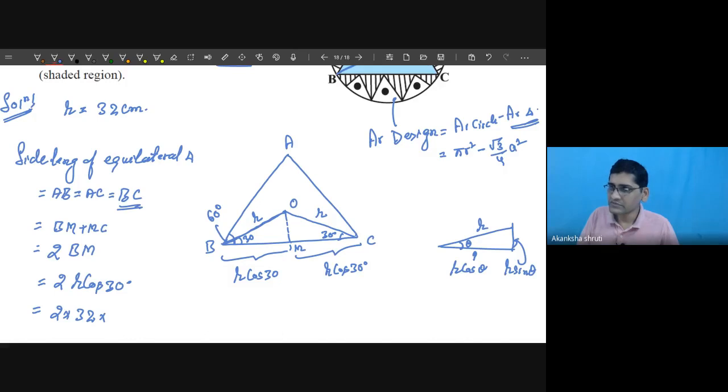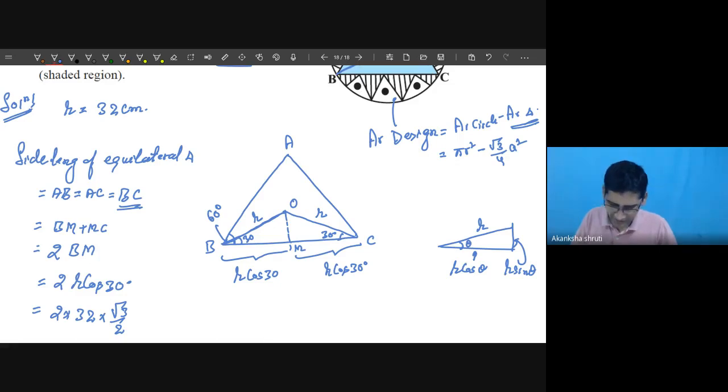Cos 0, increasing function, decreasing function, that is how you should recall. Sine is always increasing, cos is decreasing, cos 0 is 1. So cos 30 will have the higher value among root 3 by 2 and 1 by 2, so it is root 3 by 2. The only possible values of trigonometry here are 1, 1 by 2, root 3 by 2 and 0. Among these four only you have to adjust. Cos is a decreasing function, so from higher to lower with the increasing angle we shall take. So it is root 3 by 2.